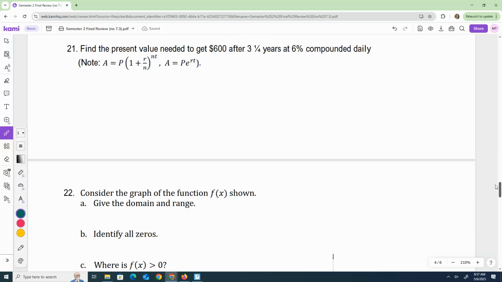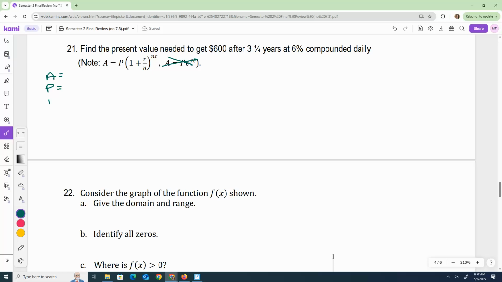So, problem number 21. We have to decide which formula to use. I would give you the interest formulas. You have to know the difference. Make sure if you have anything wrong, you are correcting it as we go through. We only use the E formula if it says continuous. This one does not. So my variables, we have A,